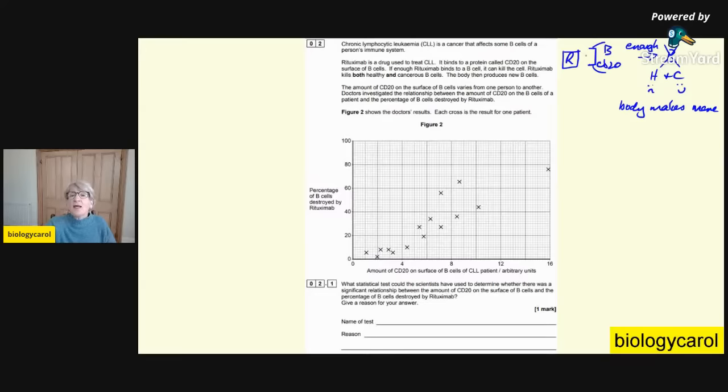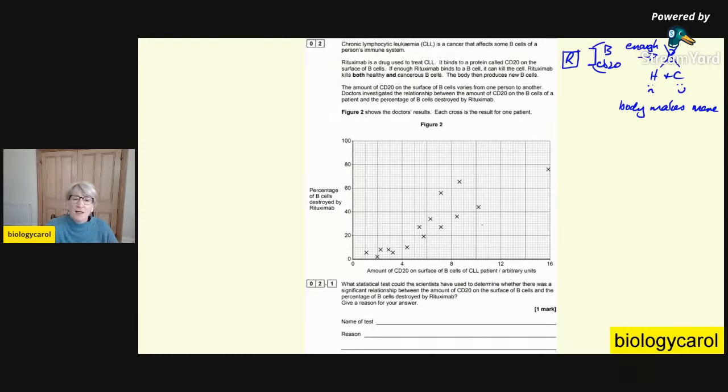Here's rituximab. It binds to a receptor, the CD20 receptor, on the B cell. And if there is enough rituximab, it causes the death of the B cell. But it causes the death of both healthy and cancerous B cells. Healthy being sad and cancerous being good. But then the body makes more. I've just tried to encapsulate this blurb in a silly little diagram just to get the crucial points into